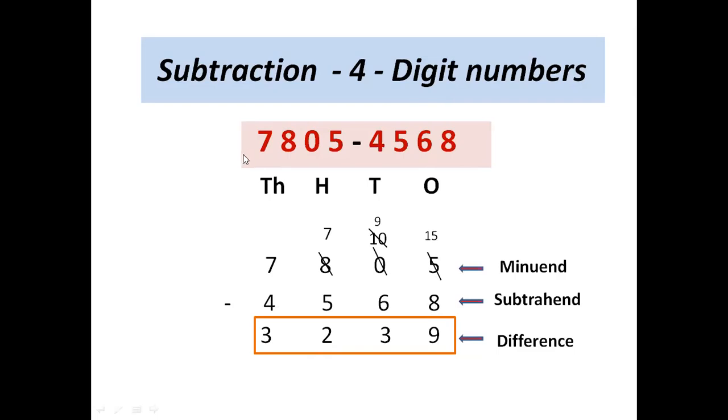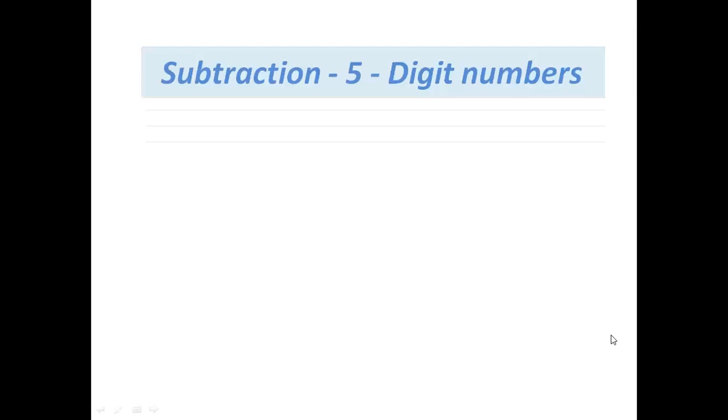This answer is known as the difference of these two numbers. When you get the question in the examination, what is the difference of these two numbers, you get panicked and say that we don't know this number. So this answer is known as the difference. Always when two numbers are subtracted from each other, we get the difference. Is this very clear to everyone? If this is clear, please show me a thumbs up. Yes, very good.